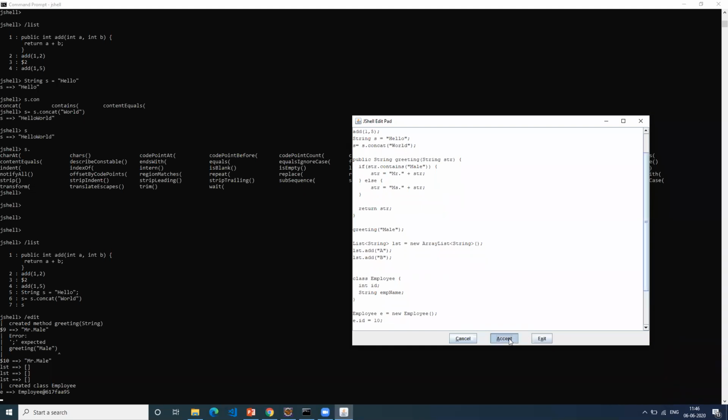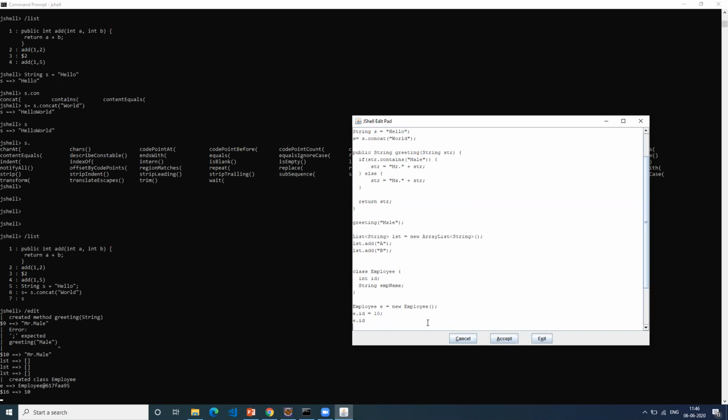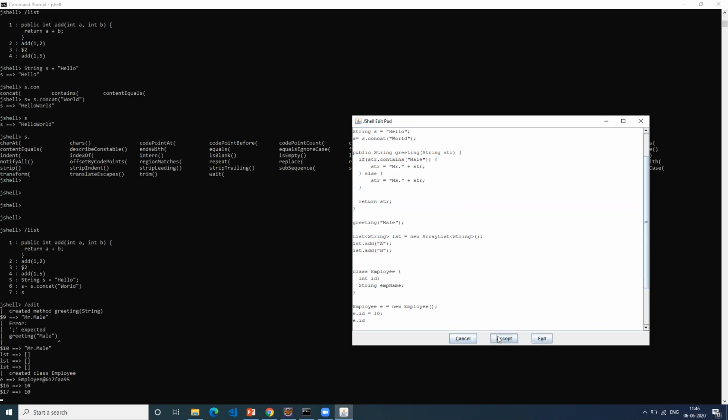If I execute here, value E.id is 10. Generally, what we do, we write some methods, right? Setter and getter methods, right? Let's say if I type ID here, so I think it is not storing somewhere, so I have to store it somewhere, and I can get this value. It is currently storing in the temporary variable called $17. So you can store that value wherever you want to store.